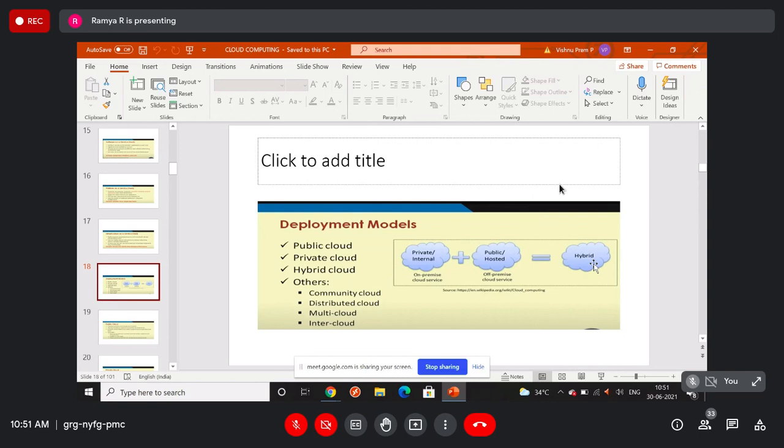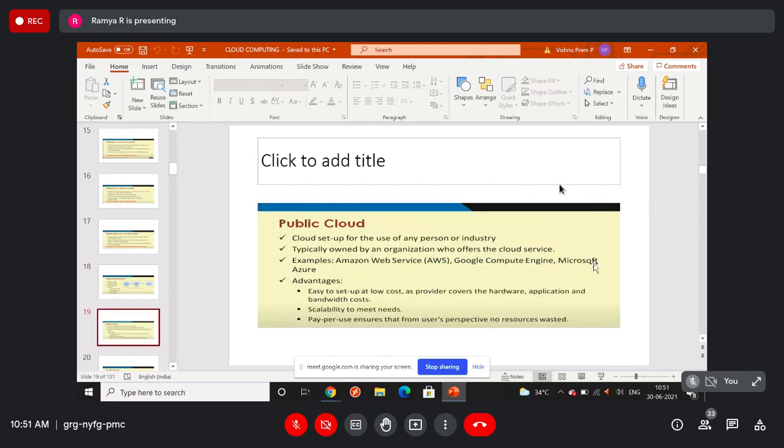Next, hybrid cloud. Hybrid cloud is a combination of private and public cloud. In the public cloud, services can be extended with pay-per-use, some subscription basis. To some extent they will provide you free things, and if you want to use more, you have to pay accordingly per usage. So likewise, there will be different things in the public cloud. Here I can say one thing: these services anybody can use.